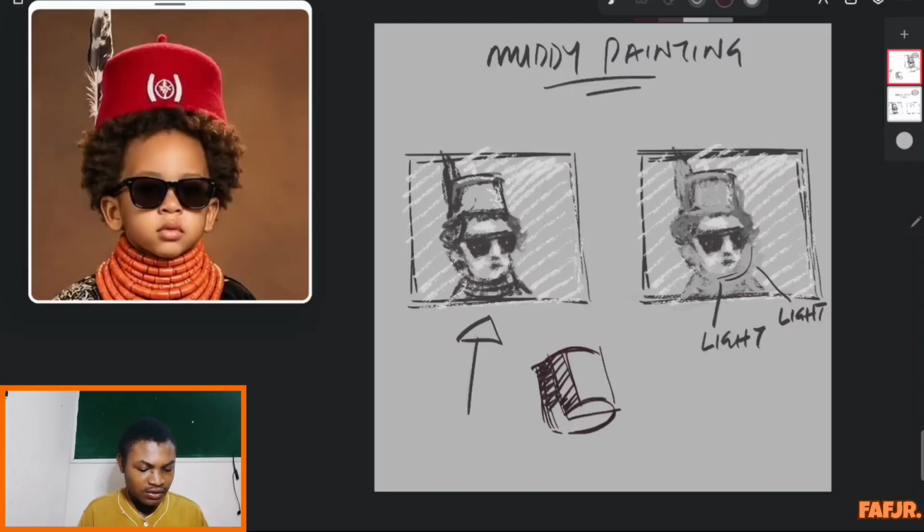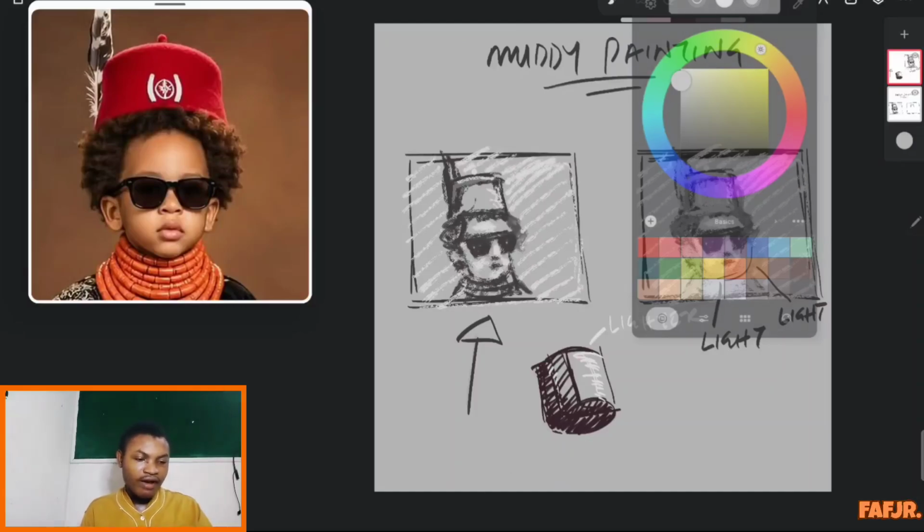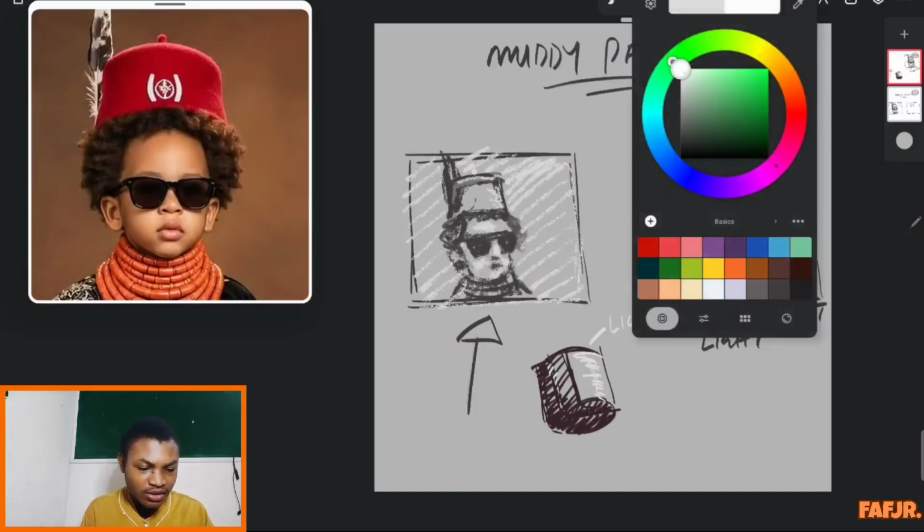Let's just do this. Some people think, if they want to make, let's say, I want you to think about it like we are painting. Let's say then I take and I add lights here. Some people think, if I want this to become even lighter, all I need to do is to find a lighter point, and they keep going till they get to the lightest light, and they can no longer